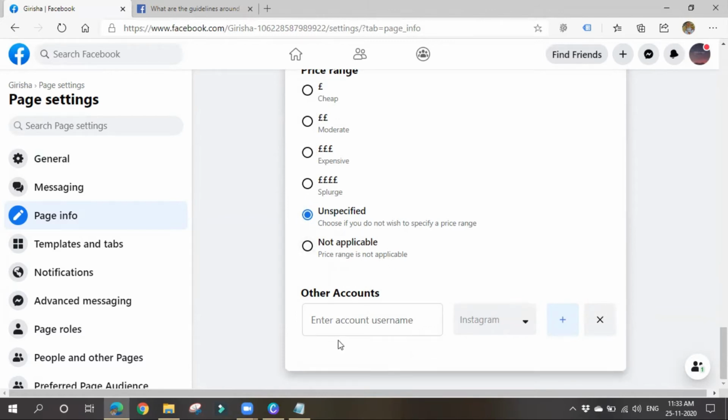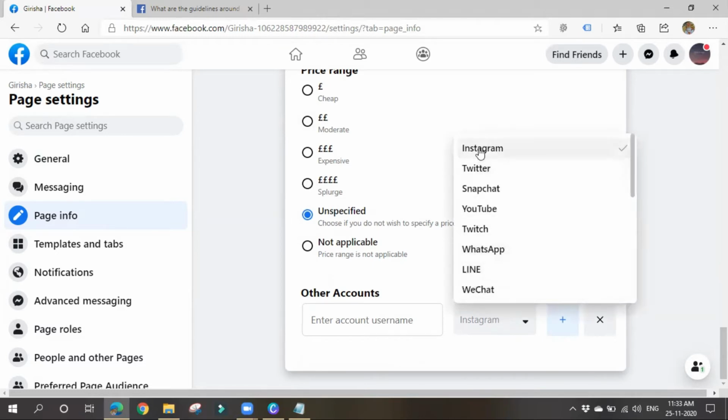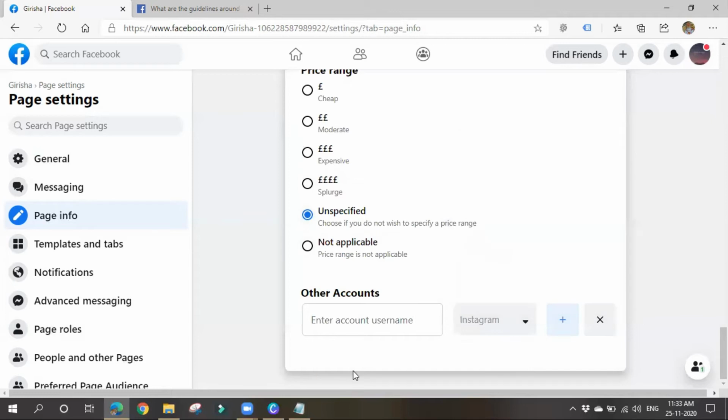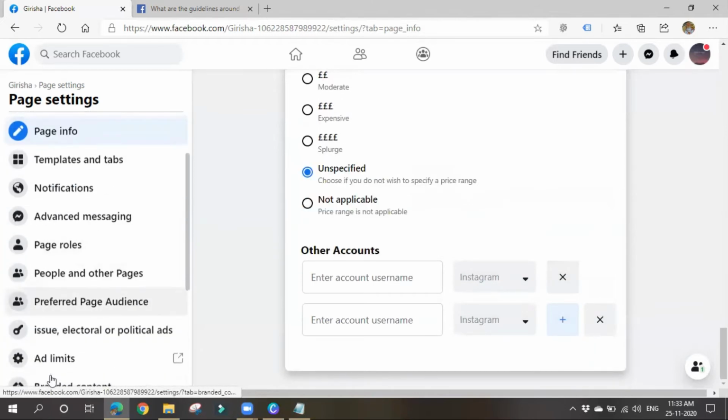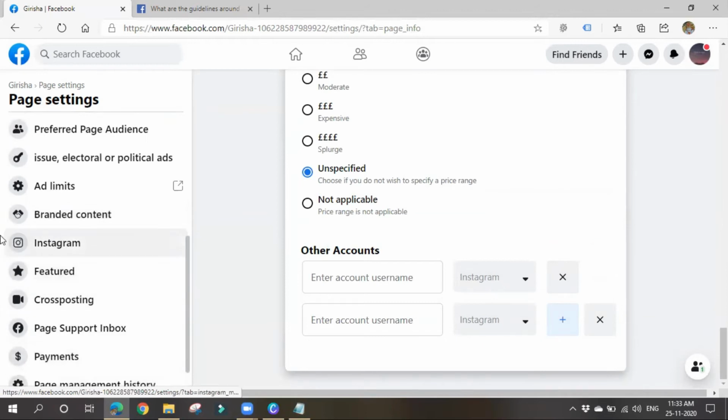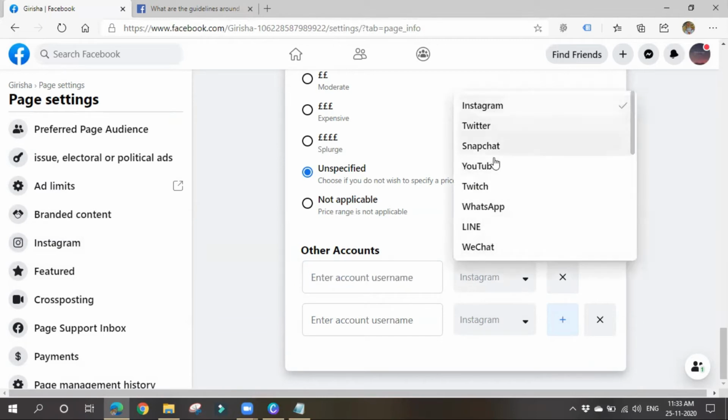Okay. So if you have any other accounts also, you can link them up. You can link up with Instagram, Twitter, Snapchat. Okay, nice. So you can link up all these accounts also. What is your account username and all you have to give. You can add multiple accounts like this. Here itself it came. Okay, let me show you afterwards. Here a special option will be given about Instagram, you can connect there. So please give your username here and you can connect whatever account you want.